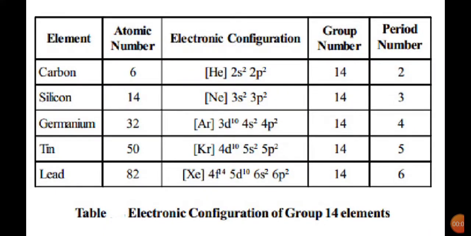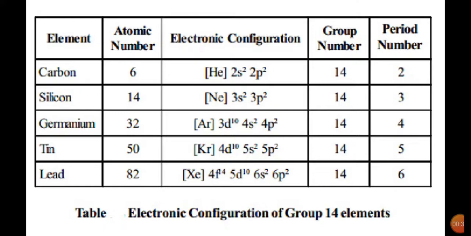Group 14 elements, carbon family. The carbon family is under the category of p-block elements, which includes carbon, silicon, germanium, tin, and lead. Out of all these, carbon and silicon are considered non-metals. Germanium exists in the form of a metalloid, and tin and lead exist in the form of soft metals.